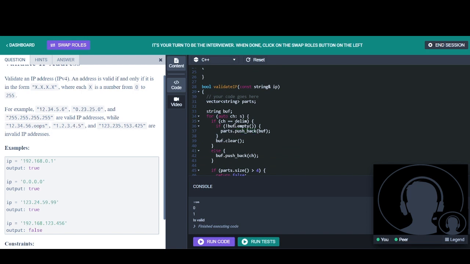What I can do is check if it's valid immediately. So over here, I can do immediate validation: just check if the buffer is valid and then clear it. So I don't even need these parts anymore. Let's keep a part count equal to 0. So no need to do this, part count equals 1. If not buff.empty, plus equals 1 over here. Same thing here. Part count not equal to 4.